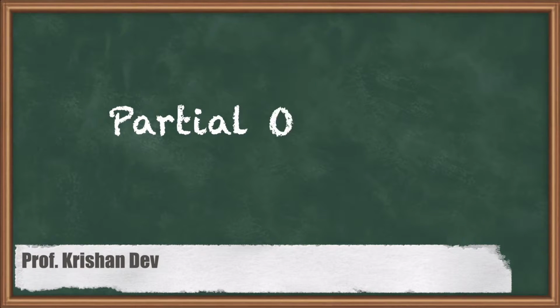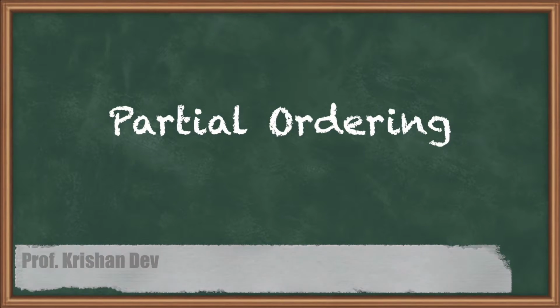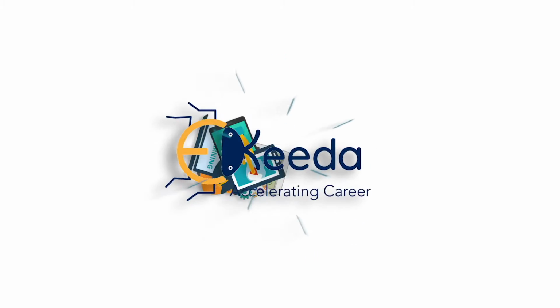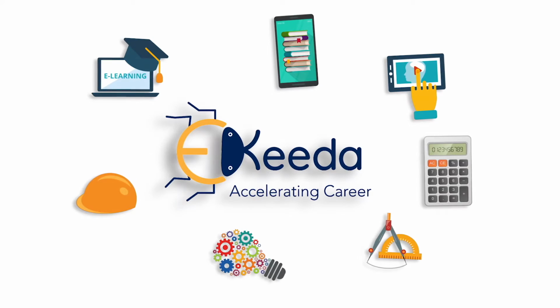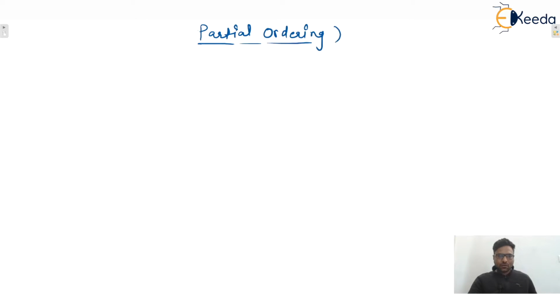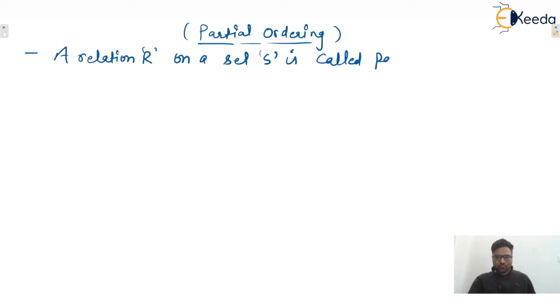Hello everyone. So in this lecture, I am going to start partial ordering. What does partial ordering mean? So write the definition. We can say that a relation capital R on a set capital S is called partial ordering,